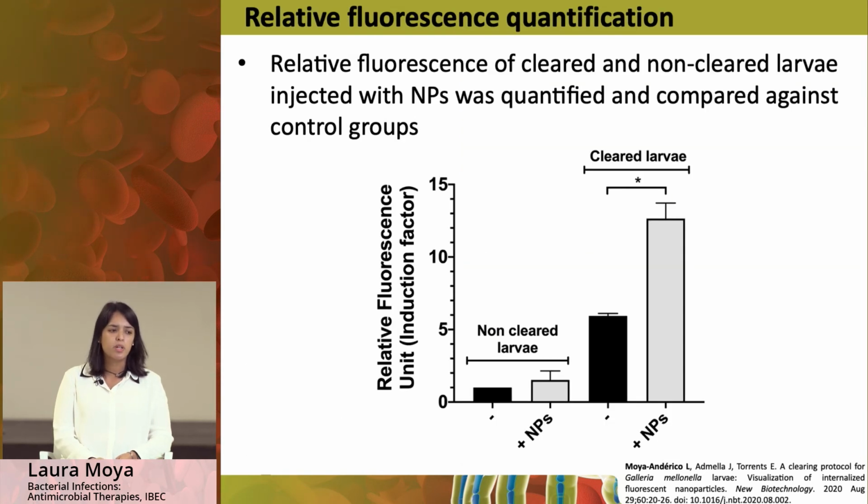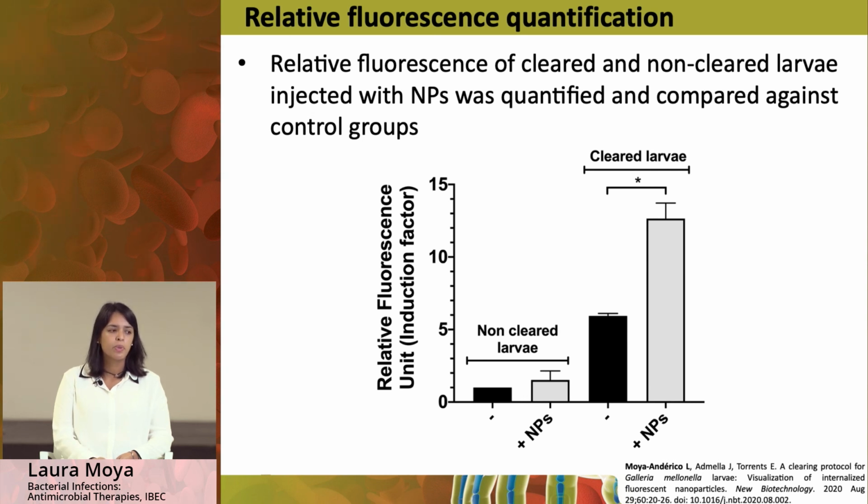We also tried to measure the relative fluorescence emitted off of the nanoparticles in cleared and non-cleared larvae, and compared against negative controls. In this graph, we have the values represented by induction factor. In non-cleared larvae, the values are more or less the same, but in cleared larvae without nanoparticles, we see an increase, which is due to the intrinsic autofluorescence of the larva, that we can detect better. And then with nanoparticles, we see an induction factor of almost 13,